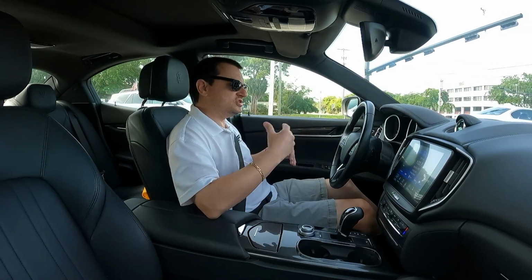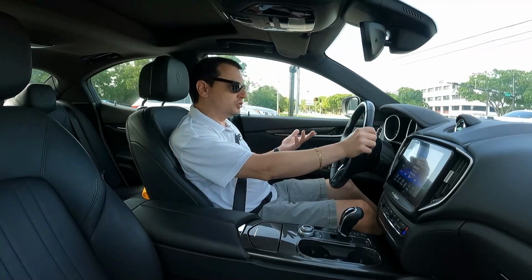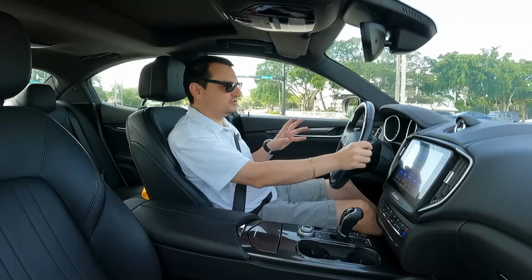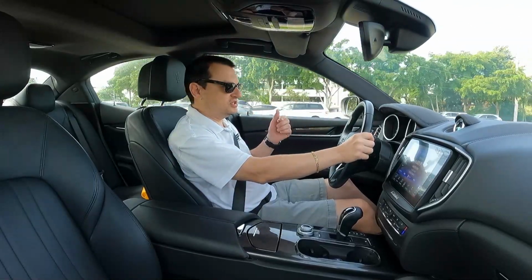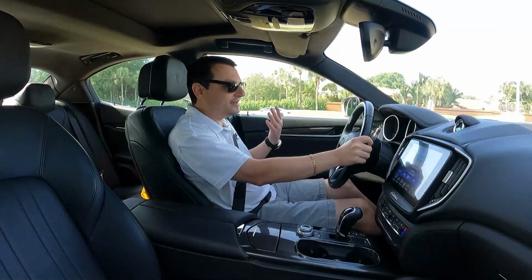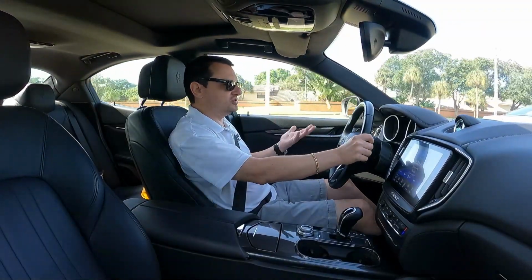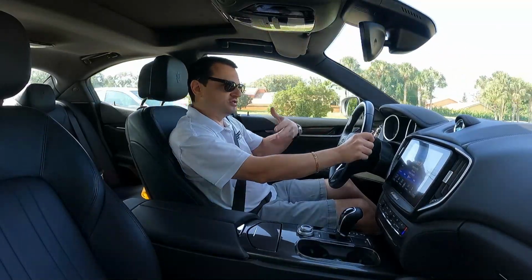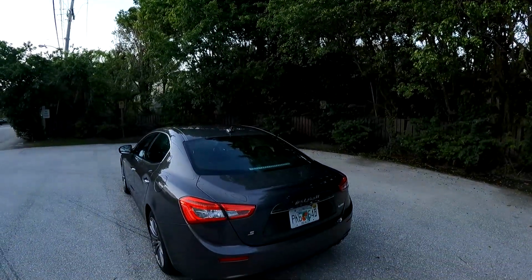Typically Italian cars, even the older Maseratis, like the old Quattroportes, 2008 through like 2012, 13, before they changed the body style, even those cars with all their sticky buttons and all that crap that you get inside, you kind of feel special. There's leather everywhere, and it's a higher quality leather, and the car feels luxurious. There's wood trim, this and that. This is just,